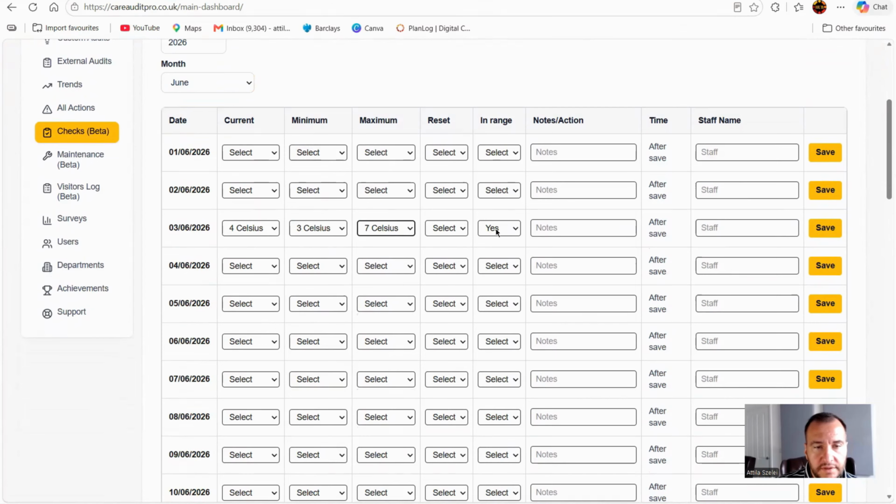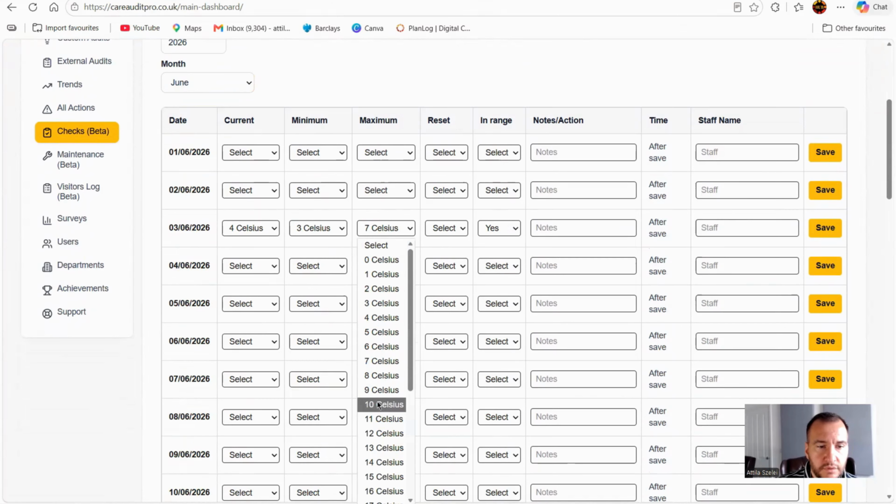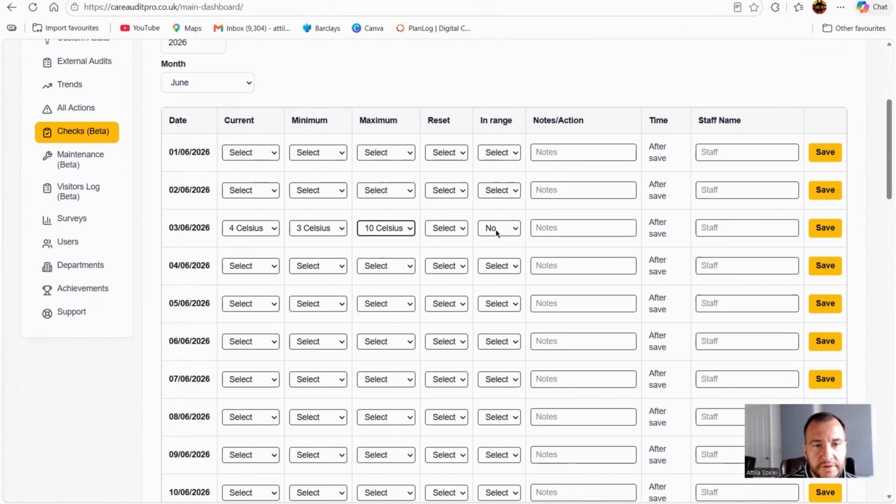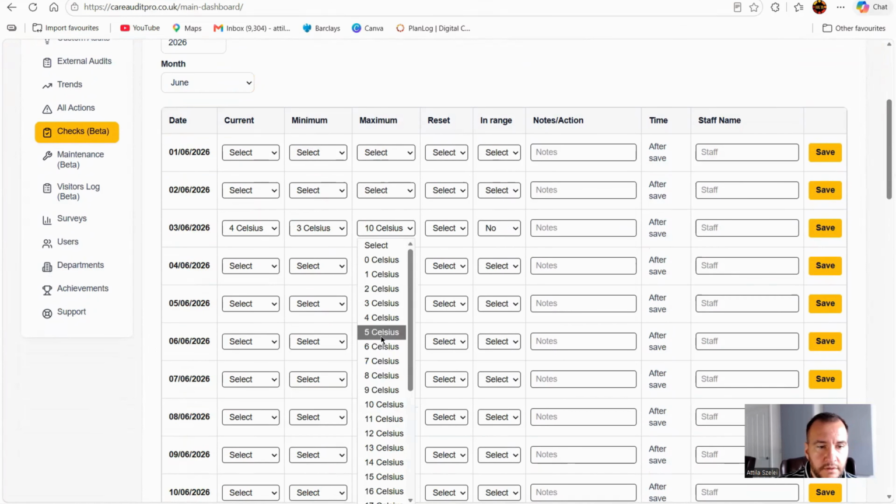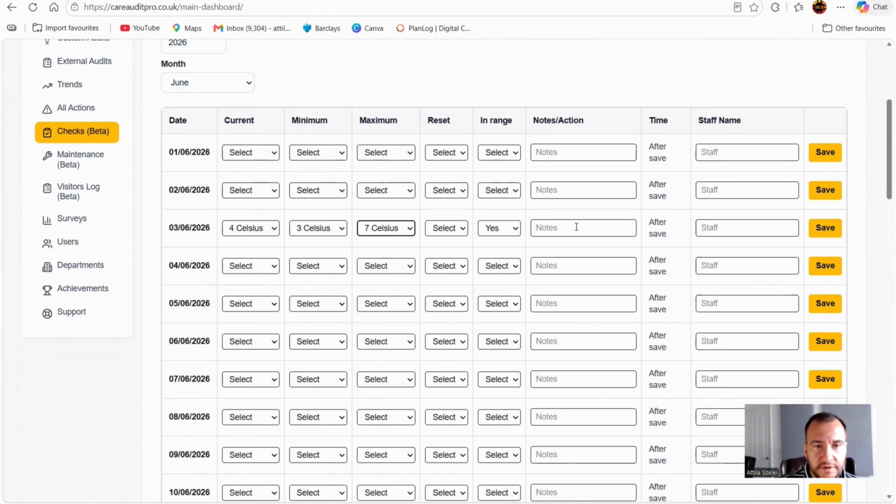Automatically, it selects answer in range, yes. If I set the maximum to 10, automatically it says no. I'm gonna leave it to 7, no notes, time, after save. So what it means, after I click save, it will record the date and time. Staff, I'm gonna add my name,